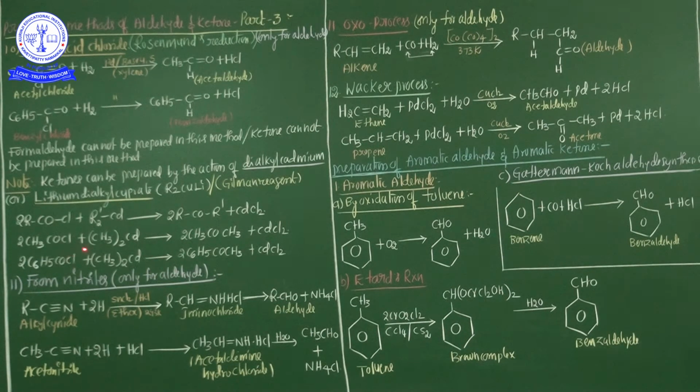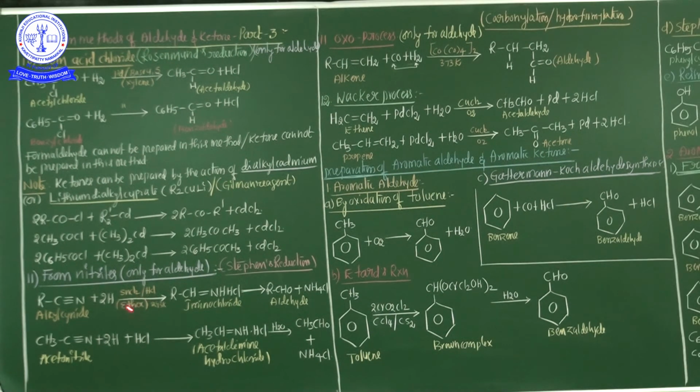And one more key point in this reaction: dialkyl cadmium is prepared by the reaction of anhydrous cadmium chloride with the Grignard reagent. How will we prepare this dialkyl cadmium? Grignard reagent combined with cadmium chloride easily prepares the dialkyl cadmium. This is the preparation method of aldehyde and ketone from acid chloride. The acid chloride only to prepare the aldehyde, that name is the Rosenmund reduction.